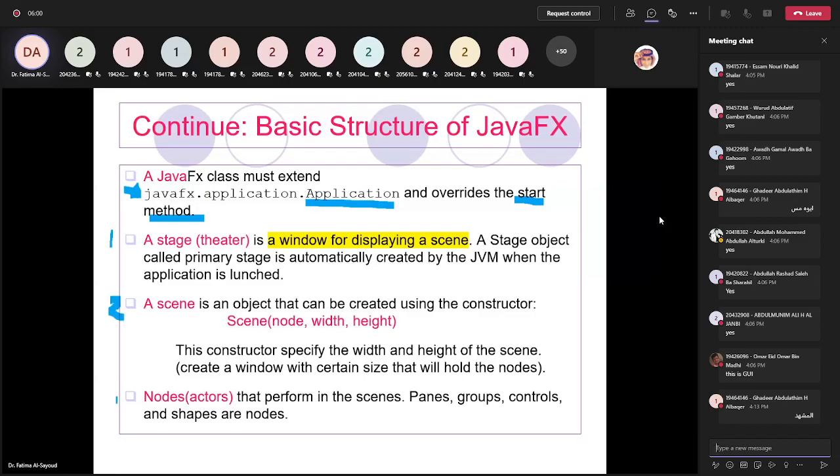So the stage or theater is a window for displaying the scenes, which is the main screen that we see whenever you're creating any application. The stage object is called the primary stage. Okay, so this primary stage you don't need to create. It is going to be created automatically by the JVM, the Java Virtual Machine, when you launch